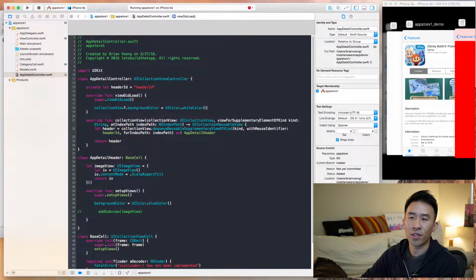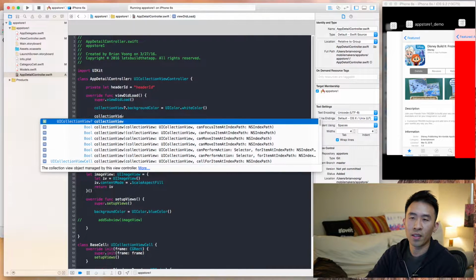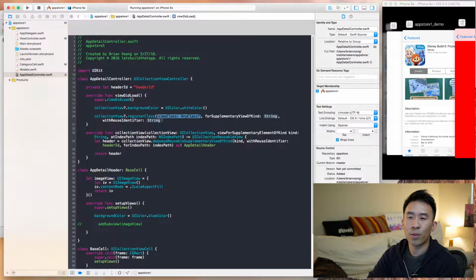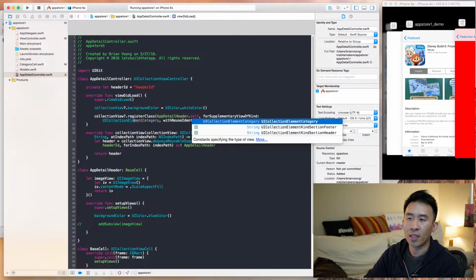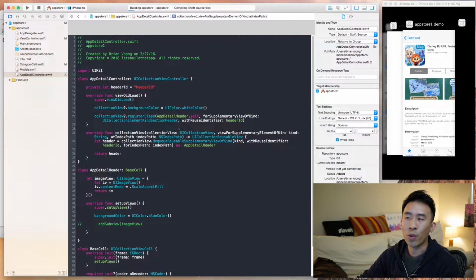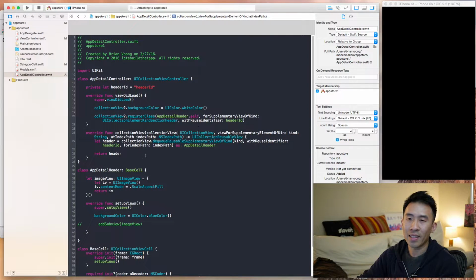And now we need to register this header onto our collection view, like this. And we'll say app detail header. Here we'll say UICollectionElementKindSectionHeader, and this will be the header ID that we just made. So now that we have this, if we run this application, we won't see our header just yet, and that's